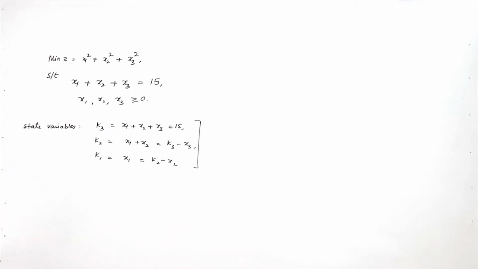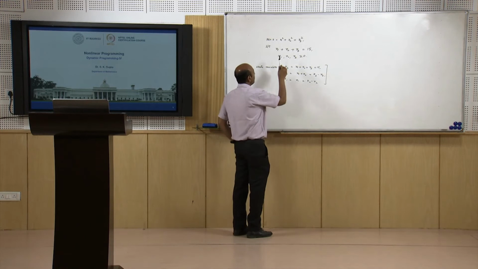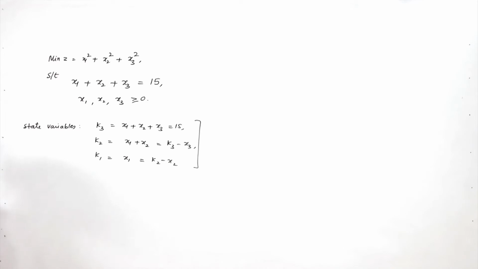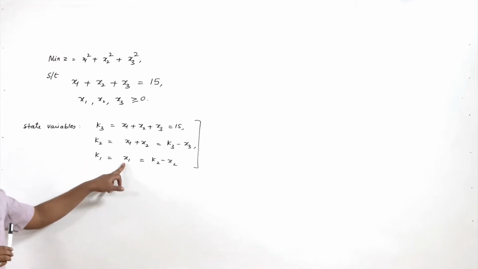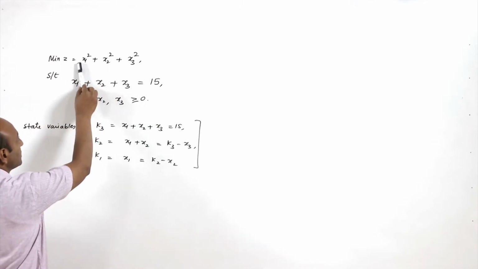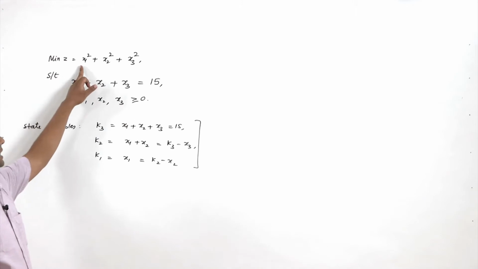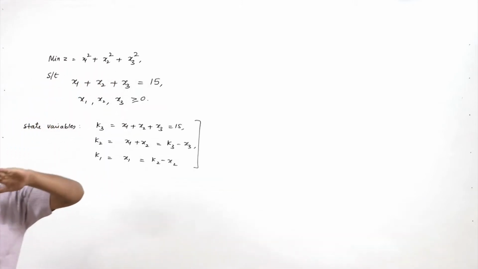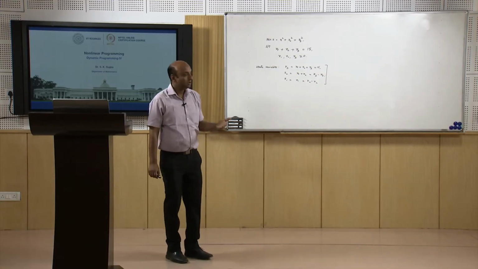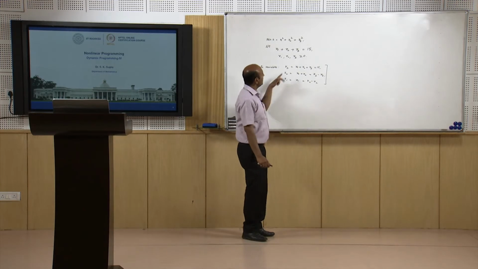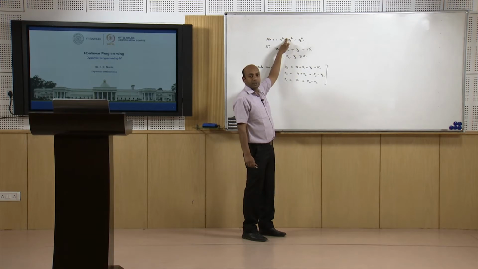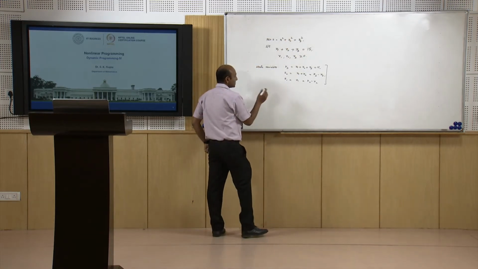Basically what we do is first take the objective function x1 square, subject to k1 equal to x1. Then in the next stage we take these two objective functions, that is x2 square plus whatever we obtained in the previous stage. That is the dynamic approach. And in the last stage, stage 3, we take x3 square plus whatever we obtained in the previous stage. So we start from stage 1.